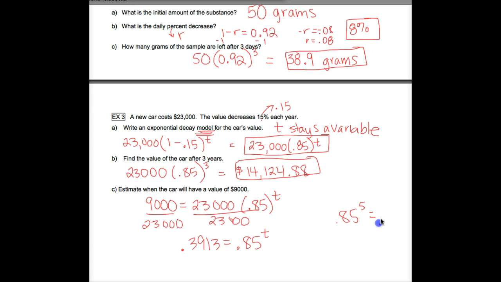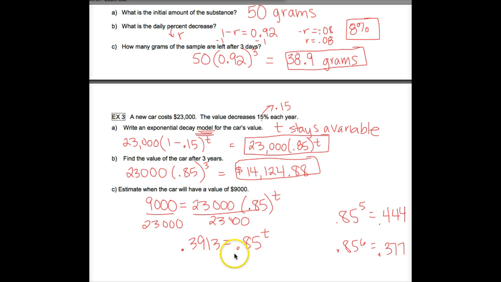I think you should get about 0.444. So not quite low enough. Let's try and see what we get when we do the 6th power. So in your calculator, put 0.85 to the 6th, and you should get 0.377. So we're after 0.3913. So this is too big, so it doesn't have the value quite after 5 years, but after 6 years,